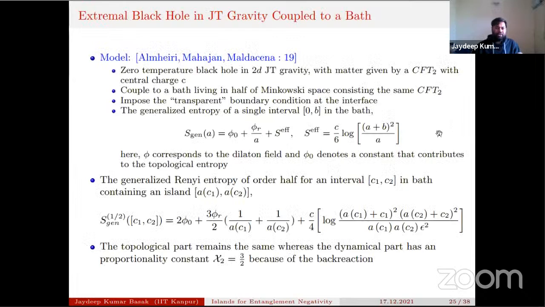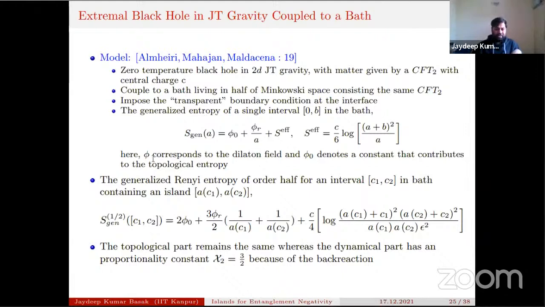We have considered a specific model which was explained in this paper, where a zero temperature black hole was considered in 2D JT gravity with the matter given by CFT2. And we then couple it to a bath living in the half Minkowski space, which has the same CFT2. And then finally, we impose transparent boundary condition for the easy flow of modes. And in that case, if we take a single interval 0 to B in the bath, we can write the generalized entropy in this manner,